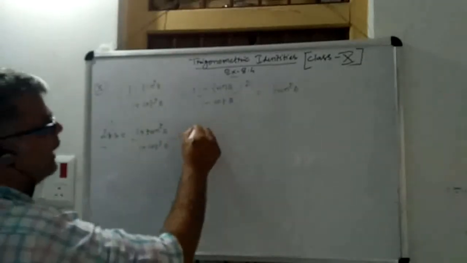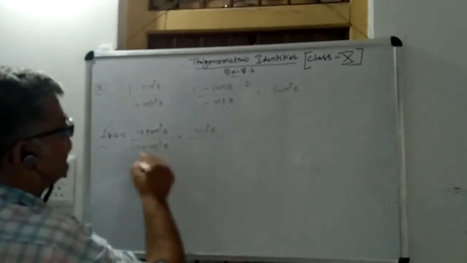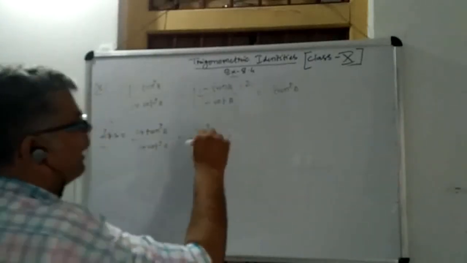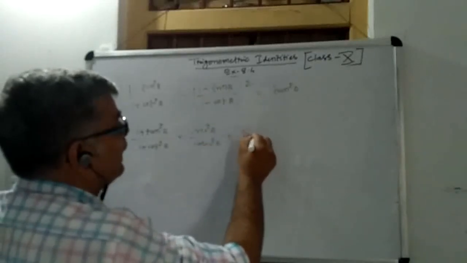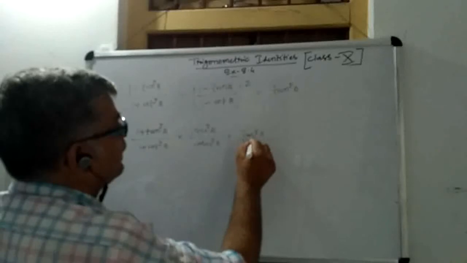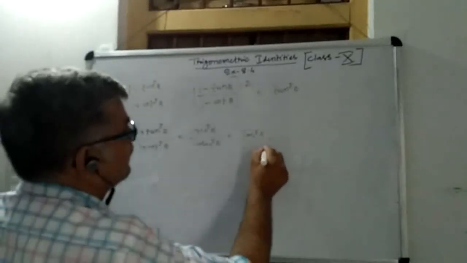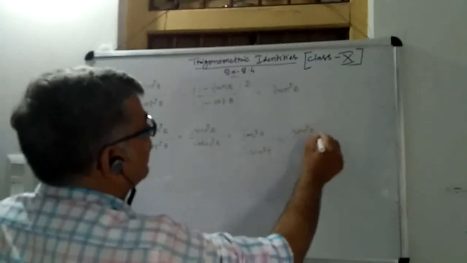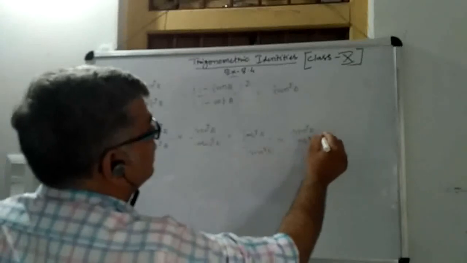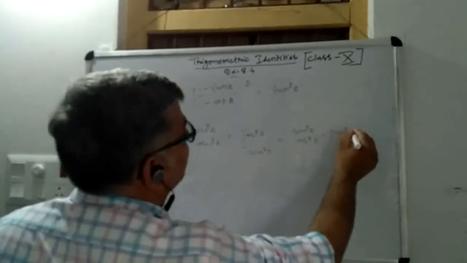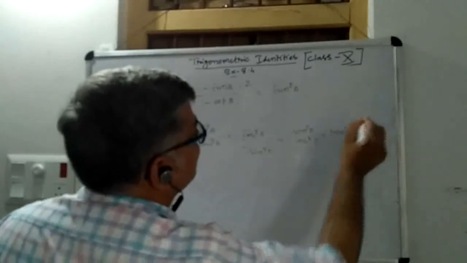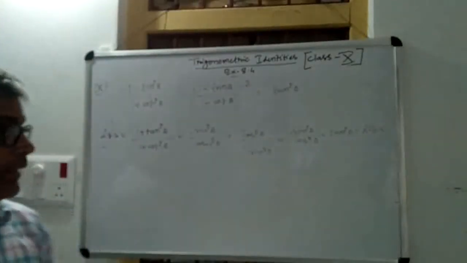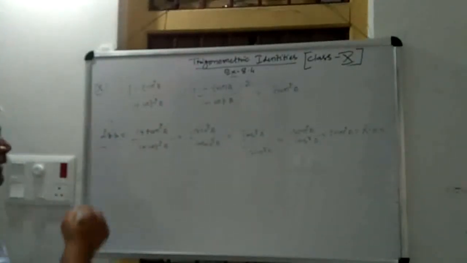1 plus tan square A can be written as sec square A, and 1 plus cot square A can be written as cosec square A. And sec square A you can write as 1 by cos square A, and cosec square A you can write as 1 by sin square A. So when it gets multiplied, you will have sin square A by cos square A, that is equal to tan square A, which is your RHS. So you see that the LHS part is equal to the RHS part. This one is proved. Now take the MHS part.